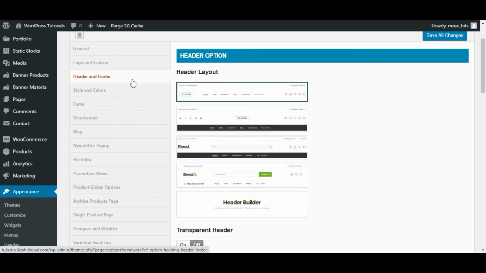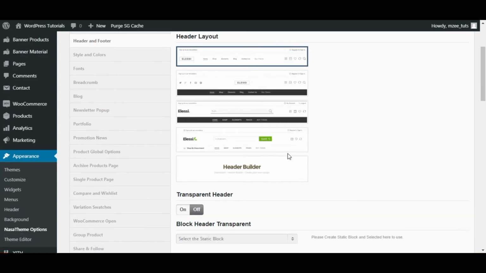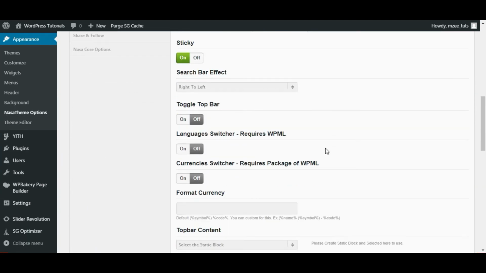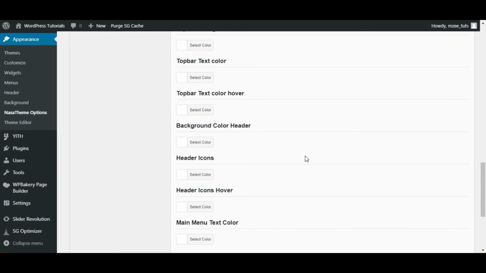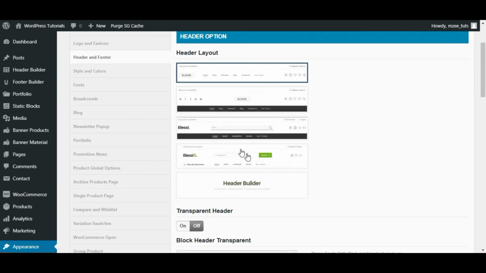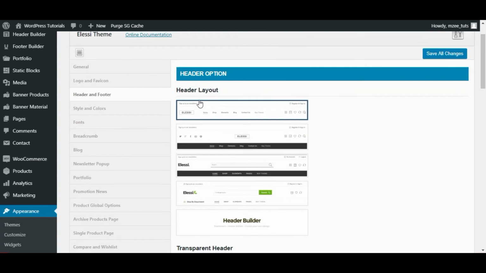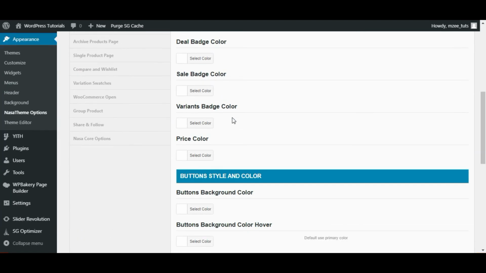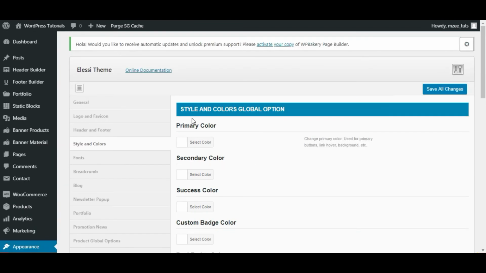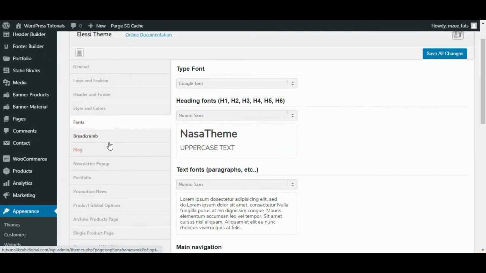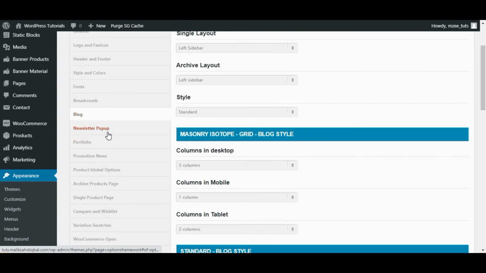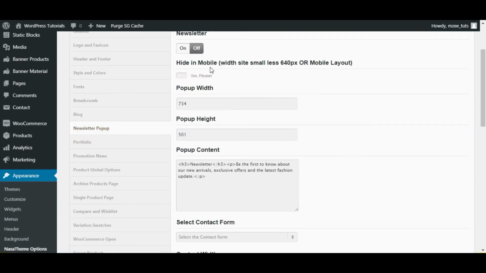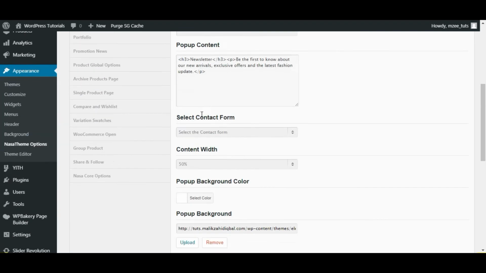Then we have the header and footer options. You can choose a header layout. You can just go through all these options and make it according to your website requirements, or you can also select different colors for your website branding. And fonts, you have breadcrumb, blog, newsletter, pop-up. It is also included inside the theme.